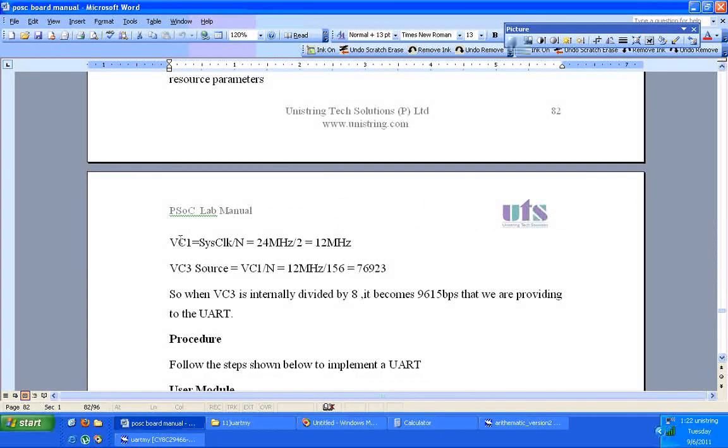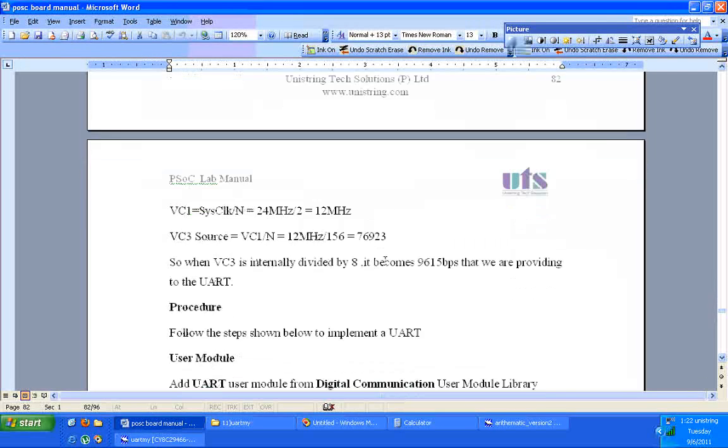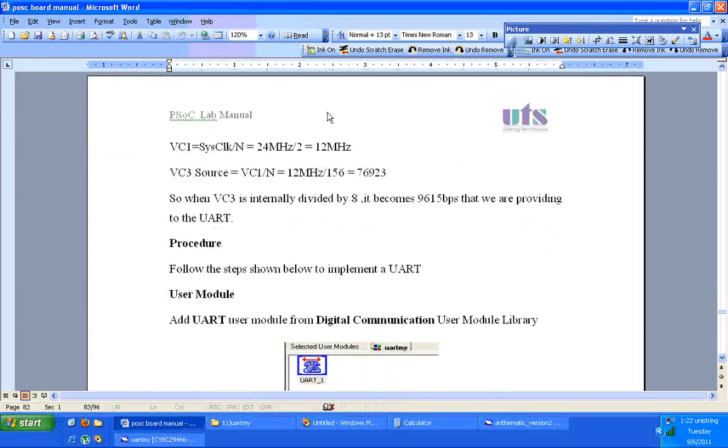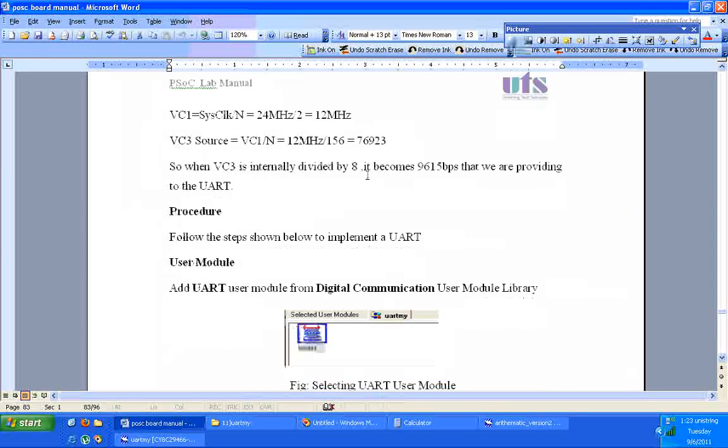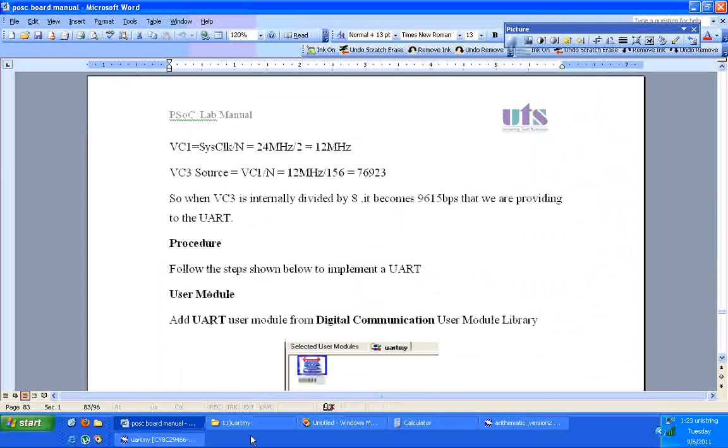VC1 is divided by 3, VC2 is divided by 8, and VC3 is divided by 13. Then we also get about 76,900, which is also approximately equal to 76,800. This is the frequency calculation for the baud rate setting of this PSoC microcontroller. Now finally these values are fixed in our